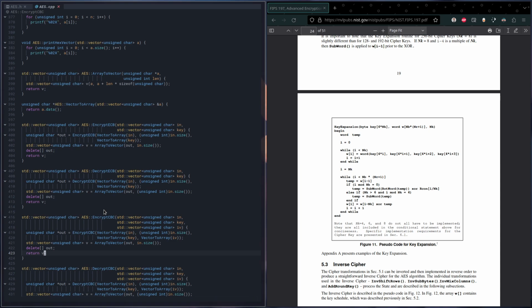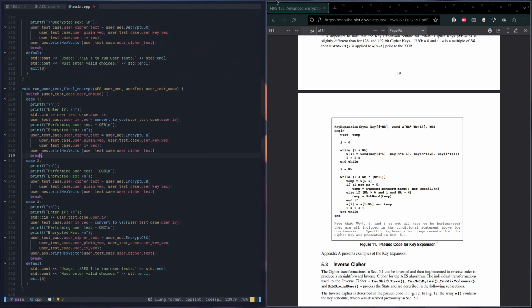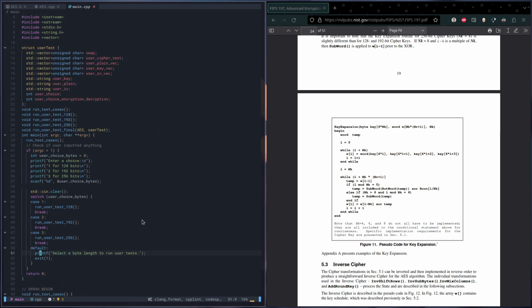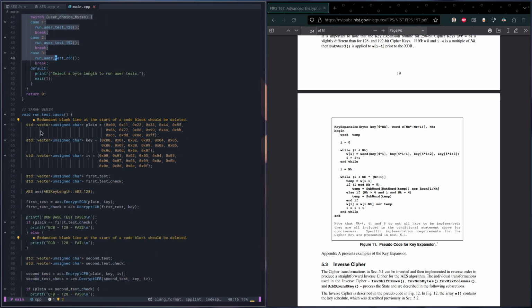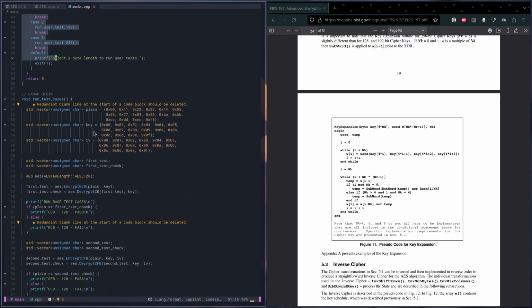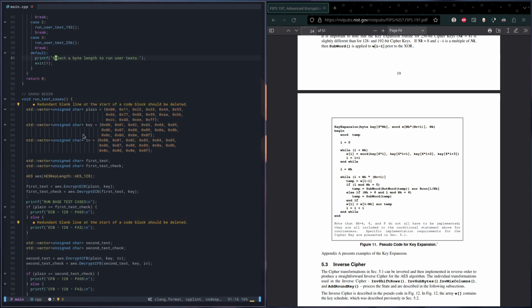So let's actually see this in practice. We're going to go into the main.cpp file, and we're going to begin at main. First, we can see that running test cases is a void function, which just shows the user what's run to begin. And as you can see, you just need some unsigned char vector arrays,